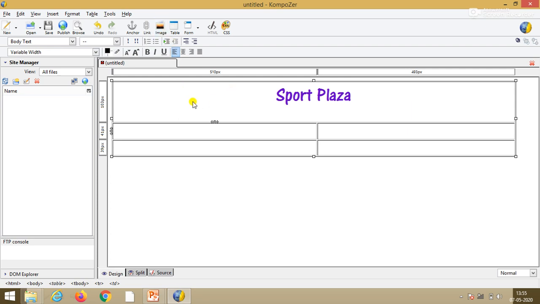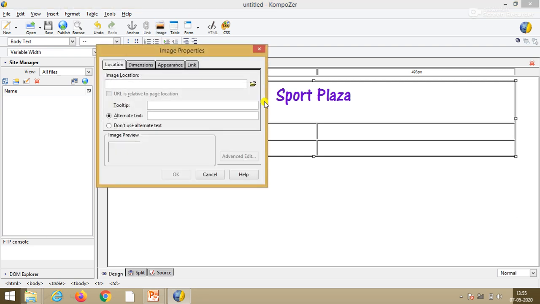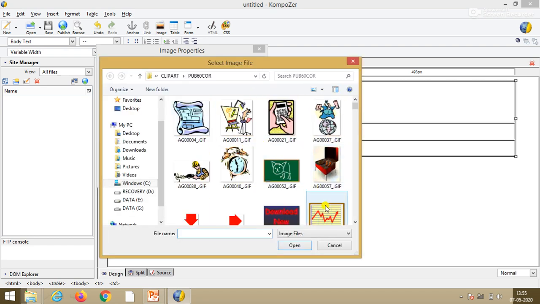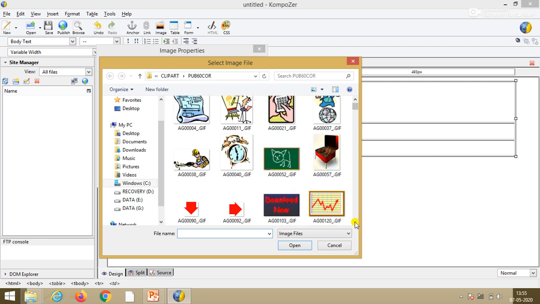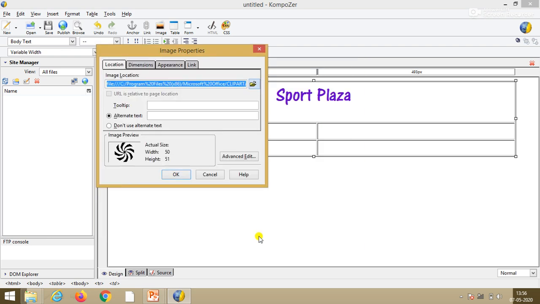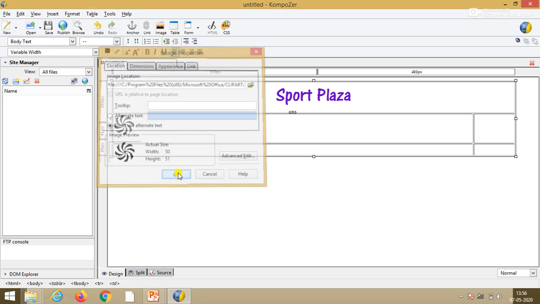So to insert the image, we will click on the image, open this browse button, click on this. After that, insert any one image as per your wish. Select the image, open, and select the option do not use alternate text, and then OK.